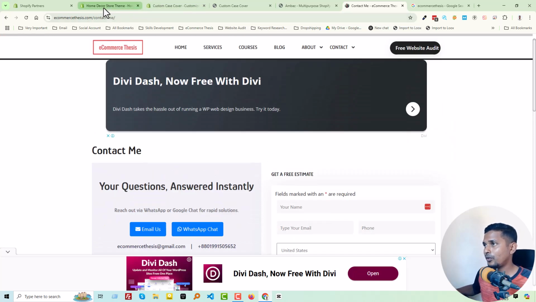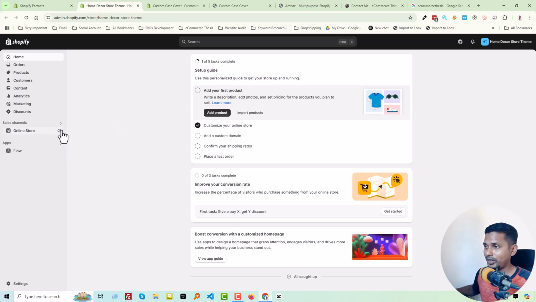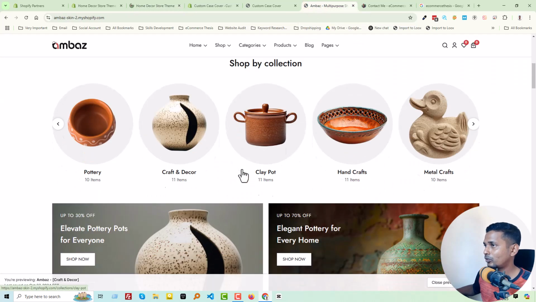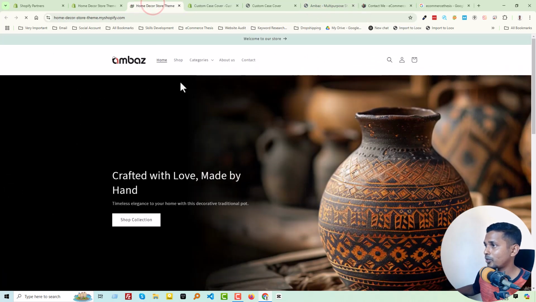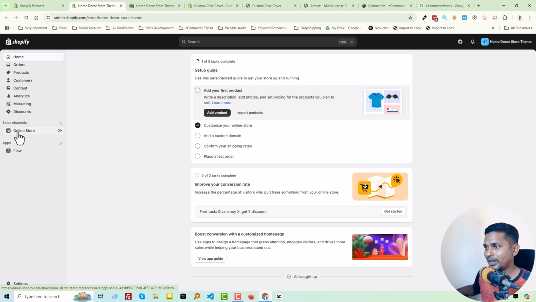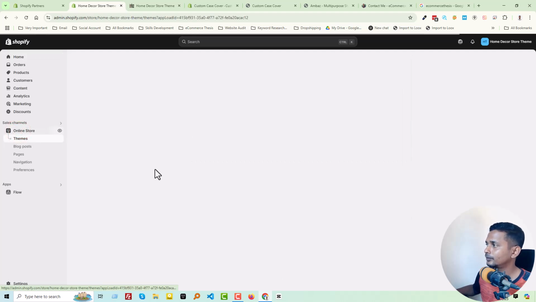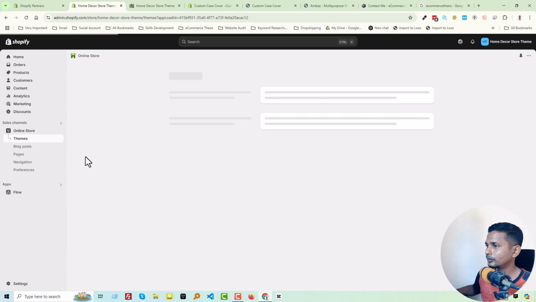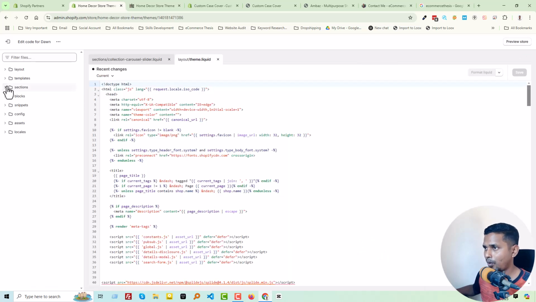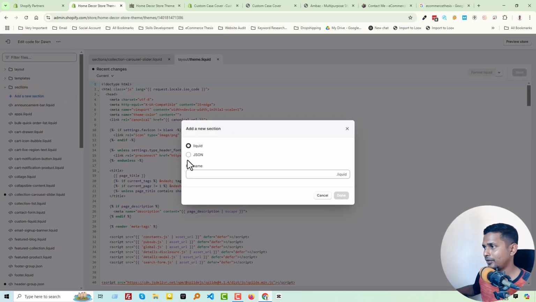Now we are going to create the same section in our website, because we are working on this website to make it the same as this one. This is the demo website and we are going to make our website like this one. Scroll down, this is what we have done so far. Now go back to our admin panel, click on online store, wait a little bit. Click on edit code, open the section folder, add a new section,